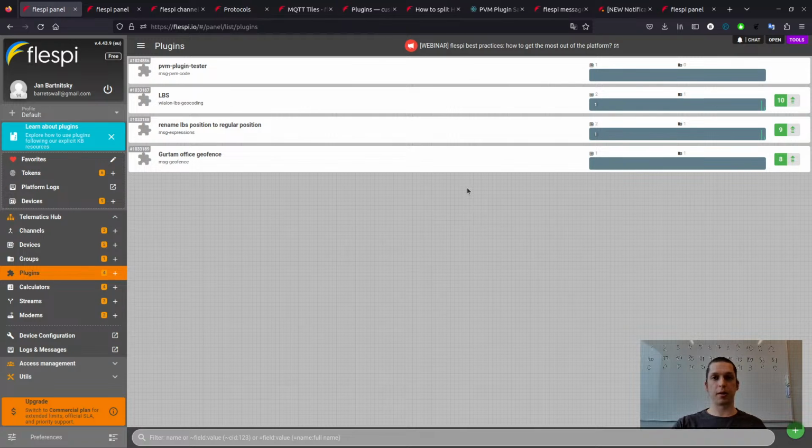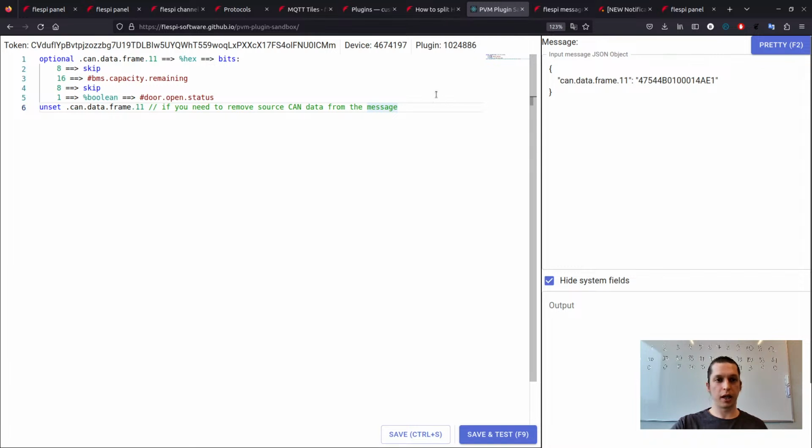But there is even some pretty cool stuff, like we open our parsing engine to the public with the PVM plugin. PVM is our programming language that we developed especially for describing protocols, and we even have a tool to test it.